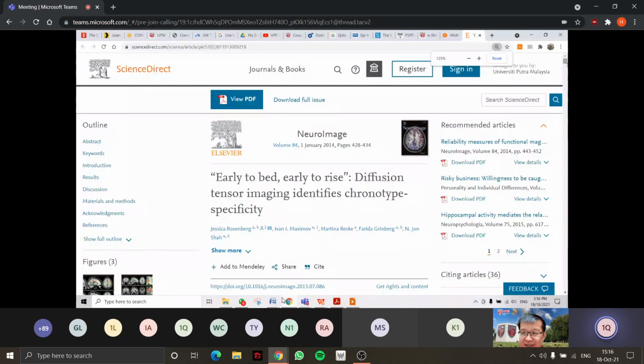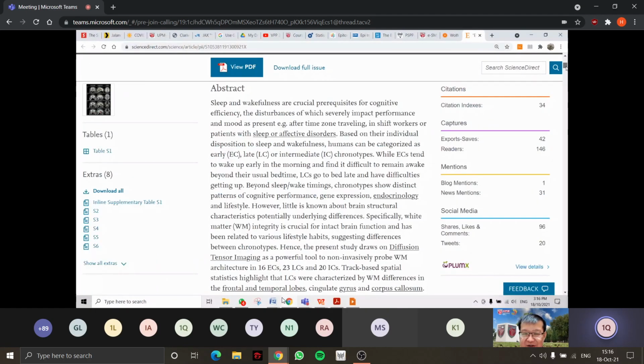You see, I click the title. This is the original article. Okay, you look at the original article. Sleep and wakefulness are crucial prerequisites of cognitive efficiency, this and that. Everything is very, very technical. But if you look at this,